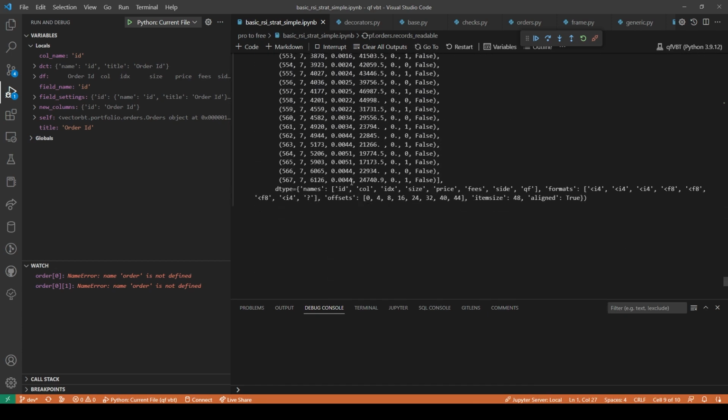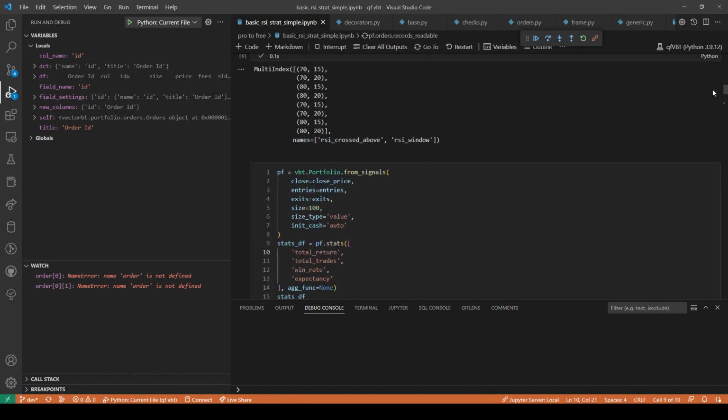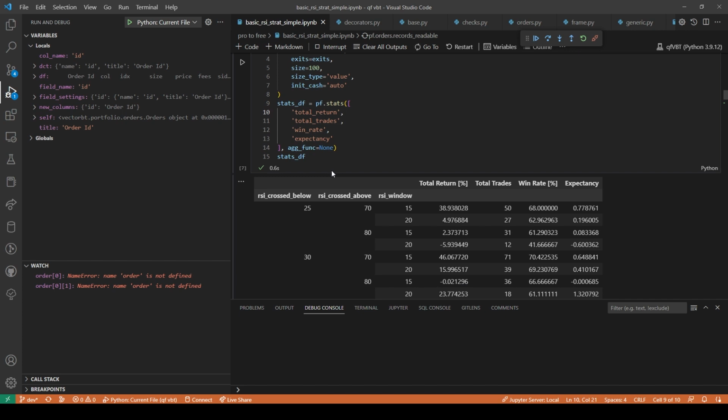You have your ID, your column, your index, your size, and so what it's doing is it's mapping. So when you do this portfolio from signals, it does all this mapping stuff. This is the part where I might have to give up on building my own thing